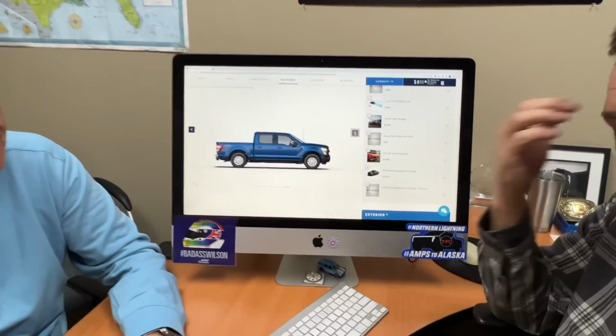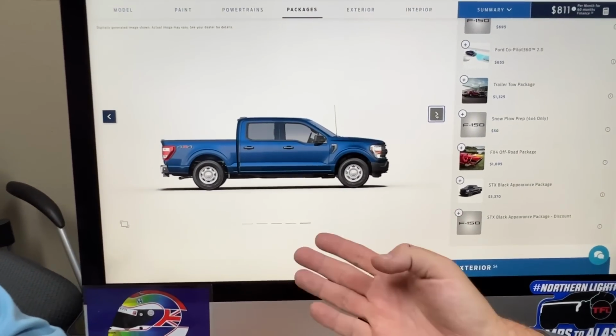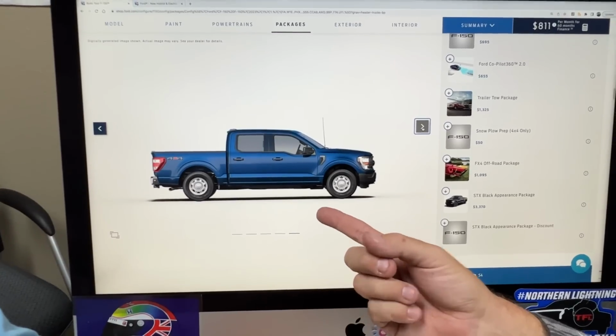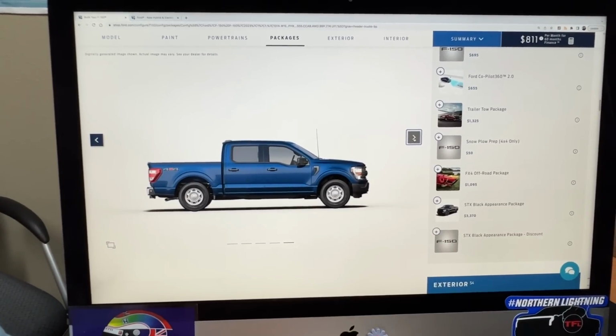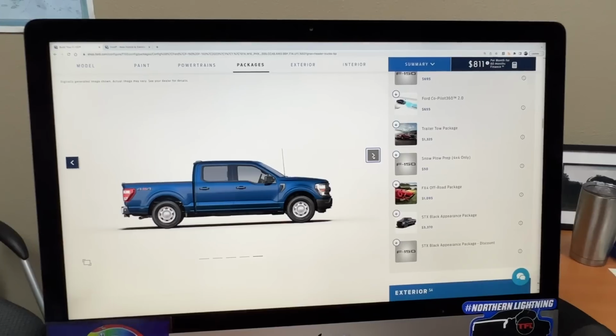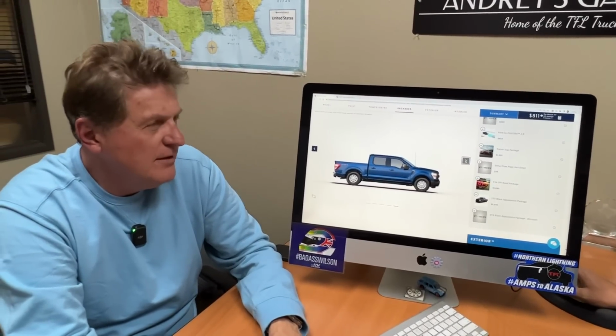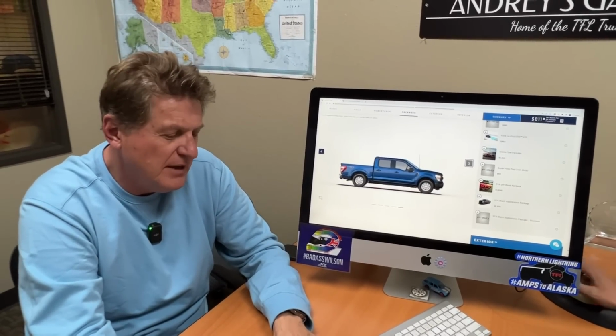But I think a lot of us, and I'm including myself, want an affordable four-wheel drive truck, and now because it's sold out, I think it proves the point that people who wanted it got it, and now the rest of us can't get it. Or the manufacturers looked into their crystal ball and didn't see what's coming, and they priced a truck based on